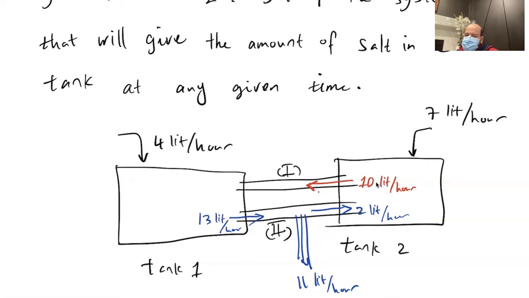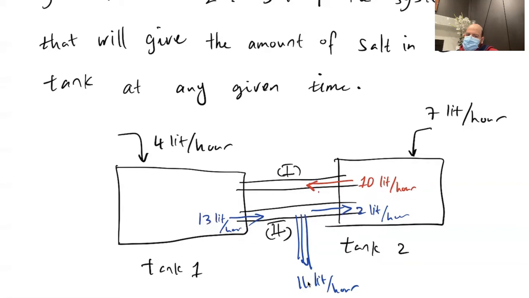Similarly, in tank 2, 10 liters go out, so 7 liters come in. So if instead of 2 here, I had 3 coming in, then 7 plus 3 comes in, that's 10. 10 comes in, 10 goes out, overall 0. So I need to add 1 unit to this, which will add 1 unit to this as well. So 14 is the number that we came up with before as well. If 14 goes out,